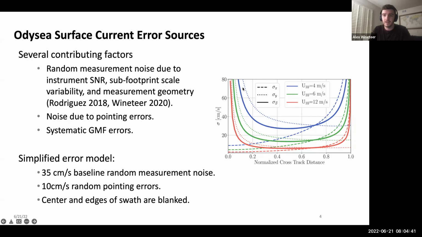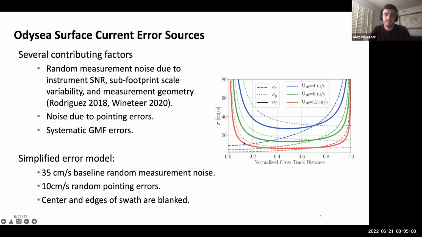The main takeaways here are that for surface currents, the edges of the swath have the highest errors, and then the wind speed has a pretty big influence on the total surface current error. So lower wind speeds like this blue line, you end up with a higher error than higher wind speeds like